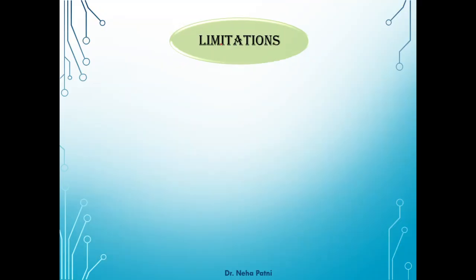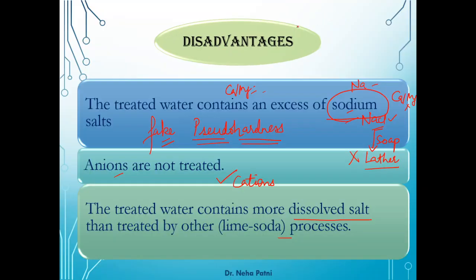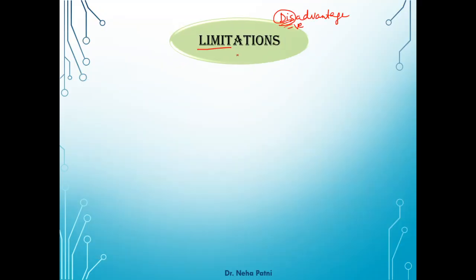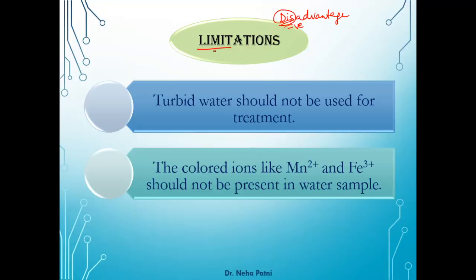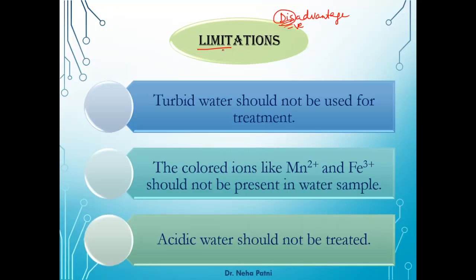Now coming to the limitations. Limitations means the process has a limit to it. It stops working. A disadvantage is something you can anytime convert into an advantage by removing the negative factor. So with the disadvantages we discussed, the process is still working. But in limitations, the process stops working. So the process has a limit to it and it stops working. That is what the limitation is. Disadvantages you can take care of and remove those problems, but limitations are a problem where the process does not even work. Forget about giving you a negative or positive result.